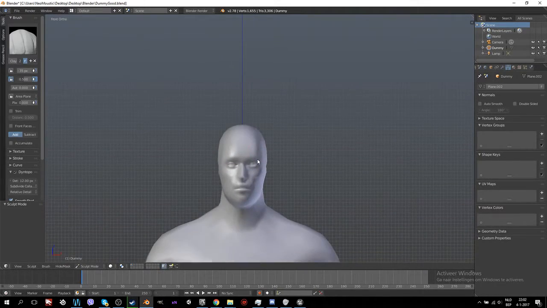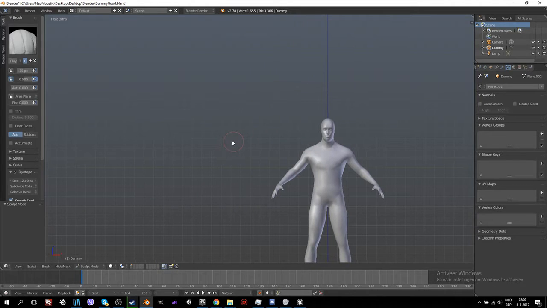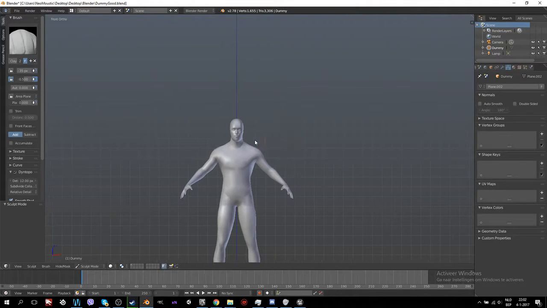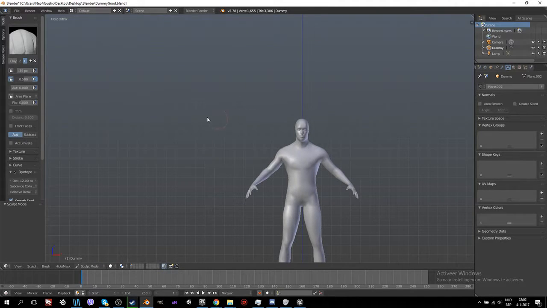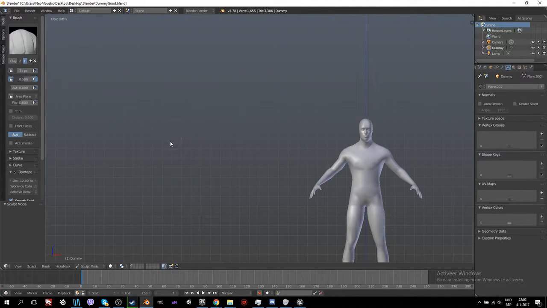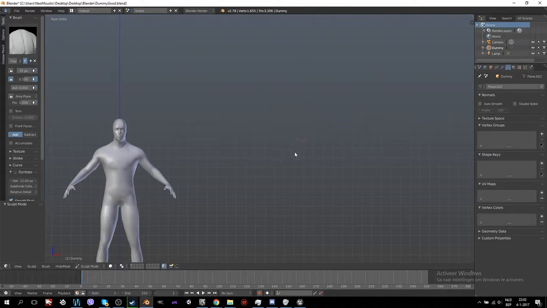Now, you will see that I will make the head in a separate mesh once we do the unwrapping, because I want to make 2 or 3 different heads. This will be the black guy, then another one will be the white guy, and then we also have an Asian guy. So we have the 3 big groups of people. You could also make an Indian guy and whatever, but